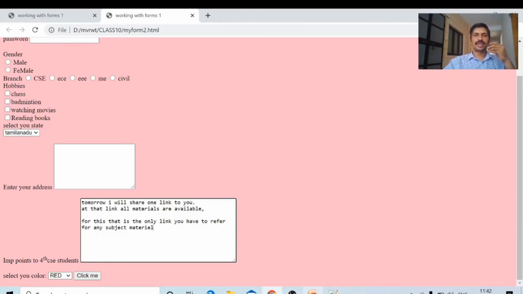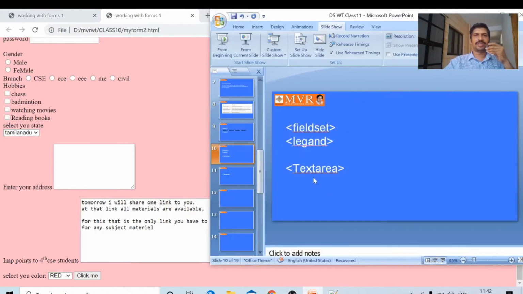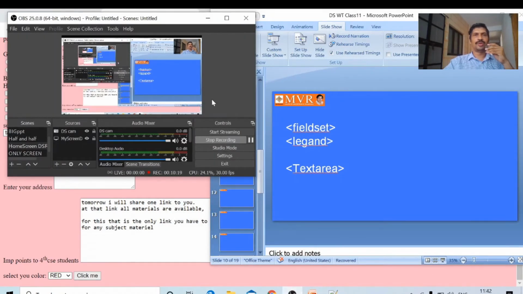Okay, this is about text area. The next type of input is text area. We have seen the text area. Text area has name, rows and cols. Using how many rows, how many cols there are, like that. The name can be set using the attribute name. Next, we will see the fieldset and legend attributes of form. That's it about input type text area in forms.